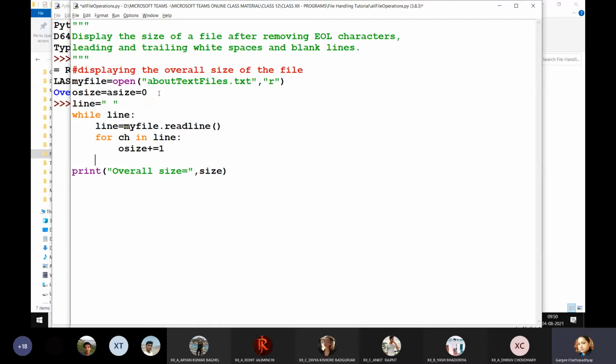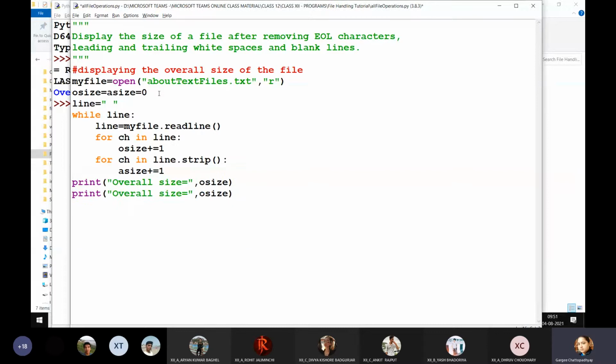Now students, you can follow any way, you can even make a shorter program than this. This is just to explain, just a demonstration, right? Fine. So this was the overall size and I have to name it as O size, whereas if I print the actual size, it will be A size.